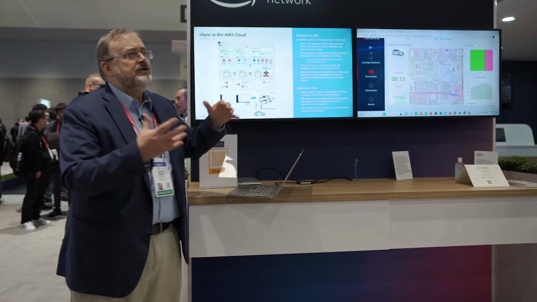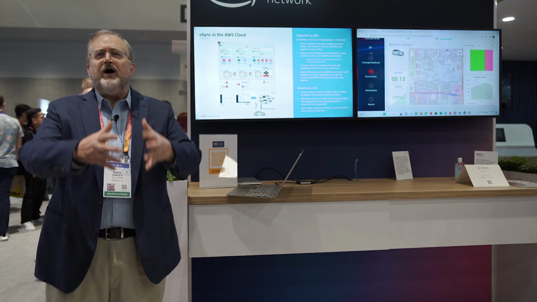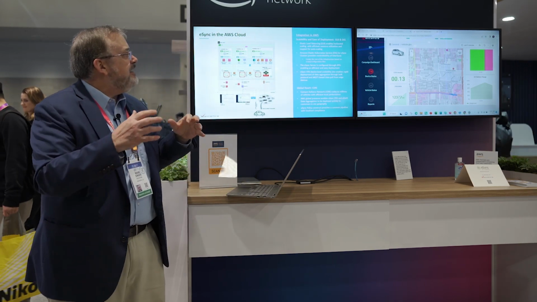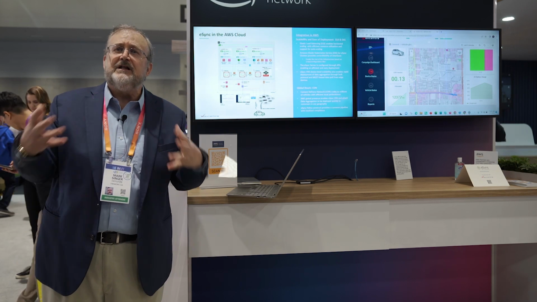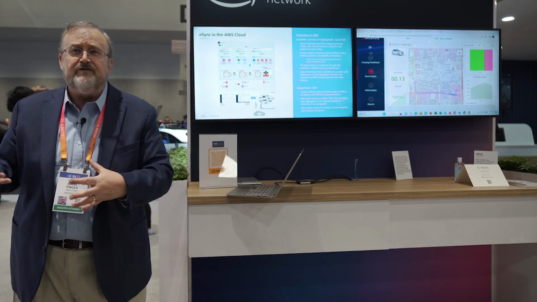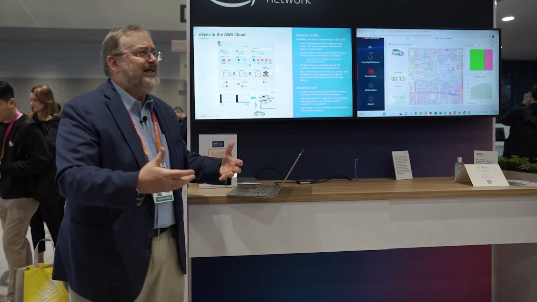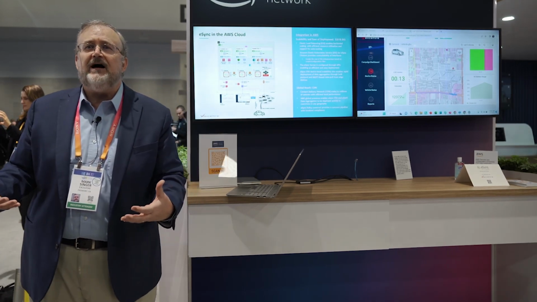One is the elastic load balancing. So I talked about quick scale up so that you don't have to build a high cost basis to drive large volumes of vehicles. So we're using elastic scaling and elastic load balancing to scale up our solution set using eSync configured as a container in the cloud through the Elastic Kubernetes service, so that we can scale up eSync servers at need in the AWS cloud.